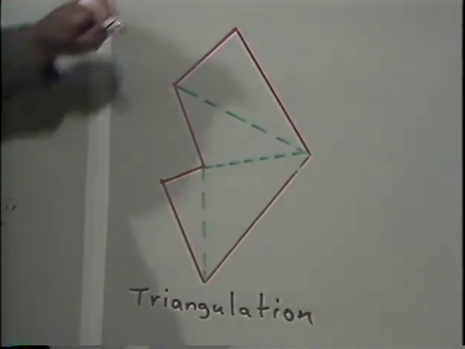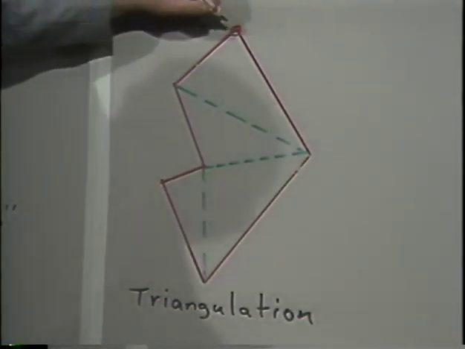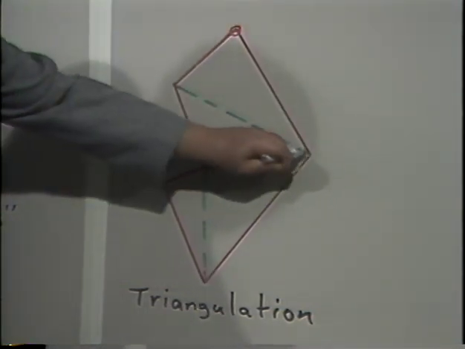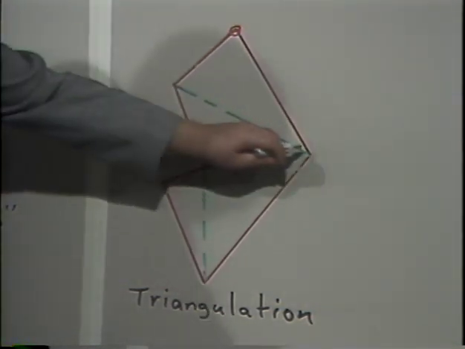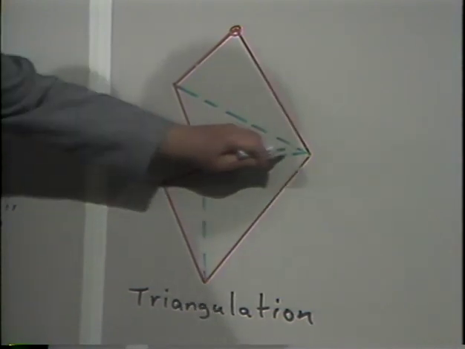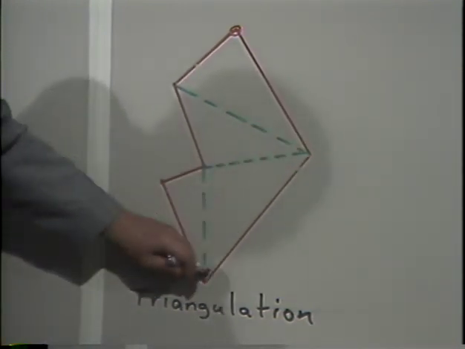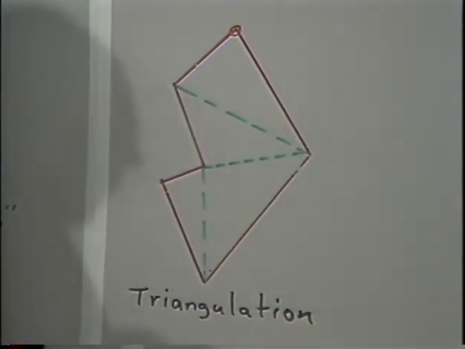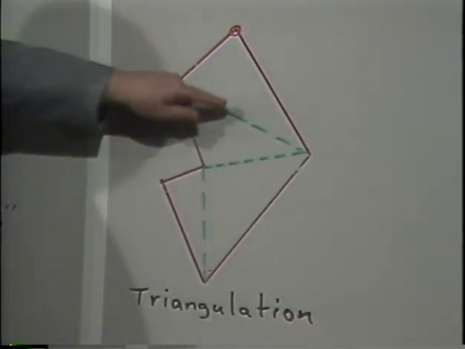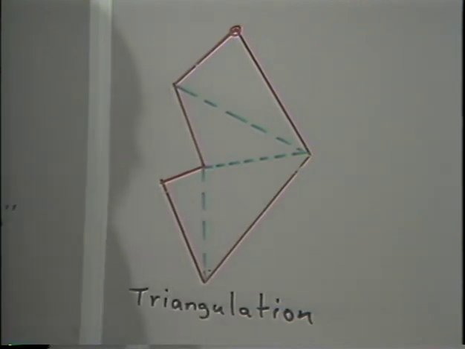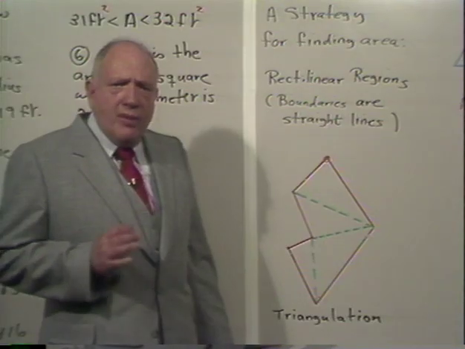Consecutive sides means that they meet at a particular point. Look at this line and this line. Join their endpoints. Now look at this line and this line. Join their endpoints. Then, for example, look at this line and this line. Join their endpoints. And to make a long story short, do you see that this construction allows me to break this region down into a bunch of